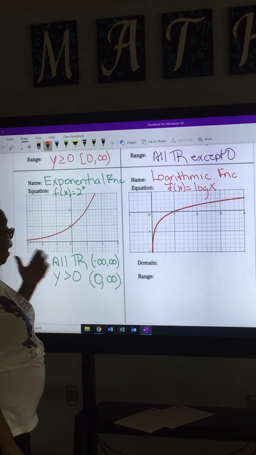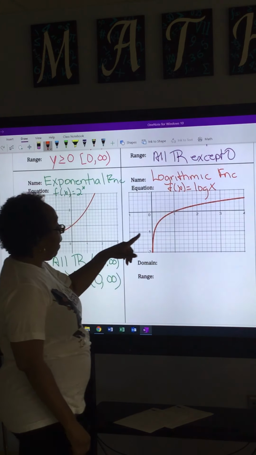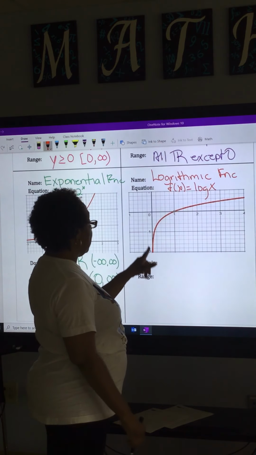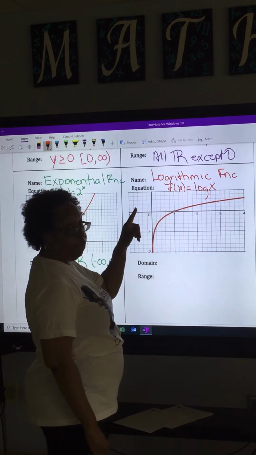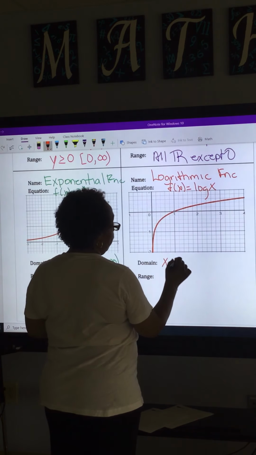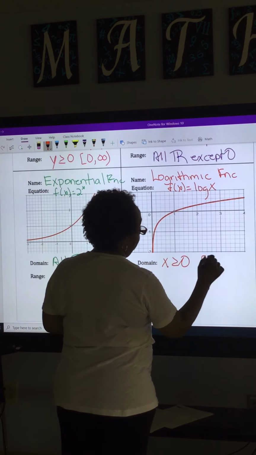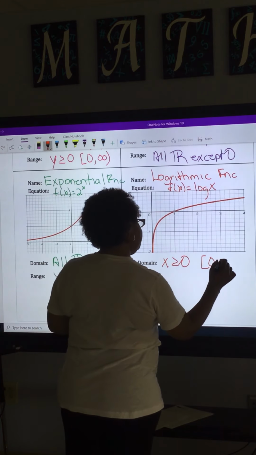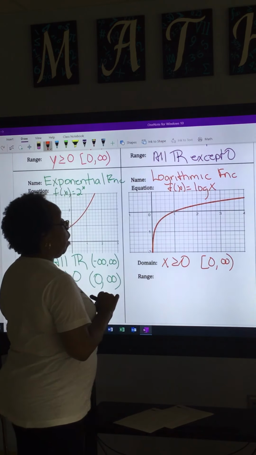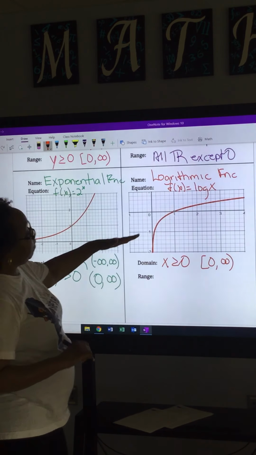Let's take a look at our domain. The domain comes here to the x-axis right here, and then it goes this way, so it does not cross this x-axis for the parent function. So my domain is going to be x greater than 0. So again, we know our interval notation is going to look like this. Okay? And our range, notice it is all real numbers because it's going this way